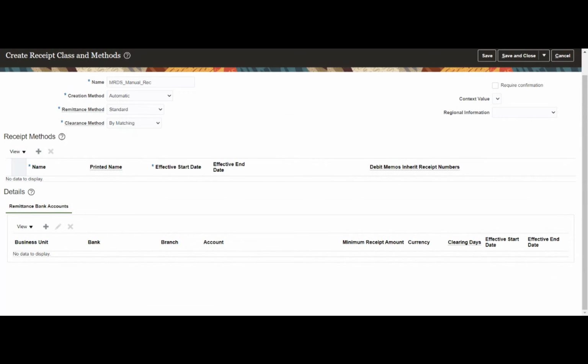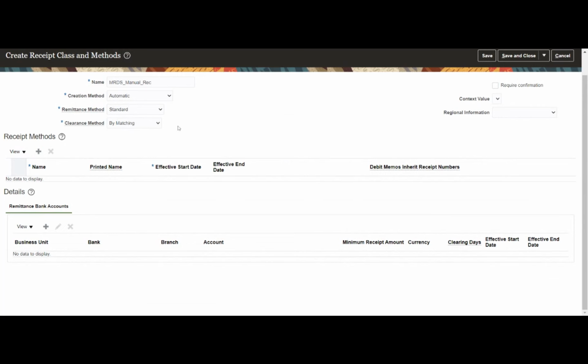So this process we call factoring. If I have a receipt method wherein it is a factored receipt or receivable, I can select factoring here. So let's say I will select factoring or standard. For now, I'm not selecting these options. I'll just explain it, and after that I'll select the manual option for the creation method.